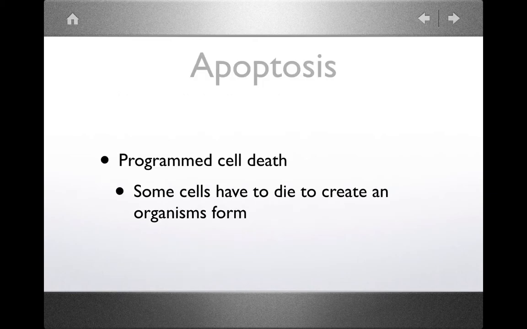All right, so normally when a cell divides, there are a couple things it can do. We talked about these in class as well. And one is if you take one cell, divide it into two cells, one of those two cells might die. That's called apoptosis. It's a programmed cell death. That means that even though you get two cells from one cell every time you divide, only one of those cells survives.